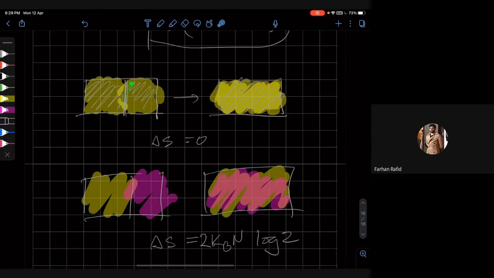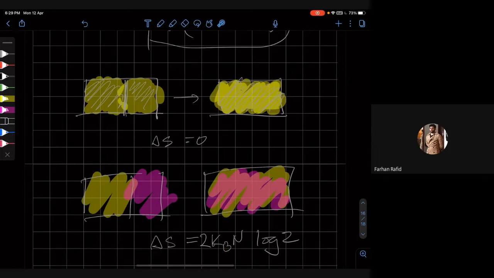And when we remove the partition, this bit of gas expands into this bit of gas, and this bit of gas expands into this bit of gas. And here we have 2 different kinds of gases, with the partition. And when we remove the partition, this gas expands into this gas expands into this gas. So from this point of view, the change of entropy of both these cases should be delta S equals